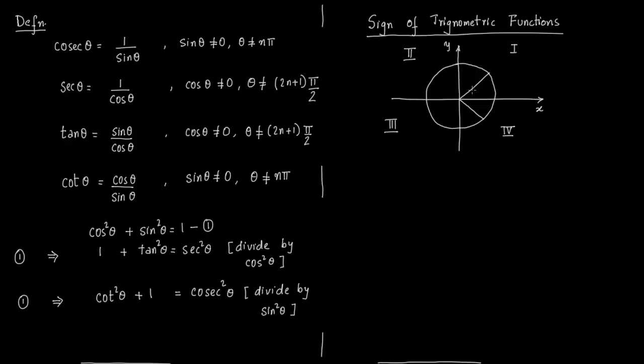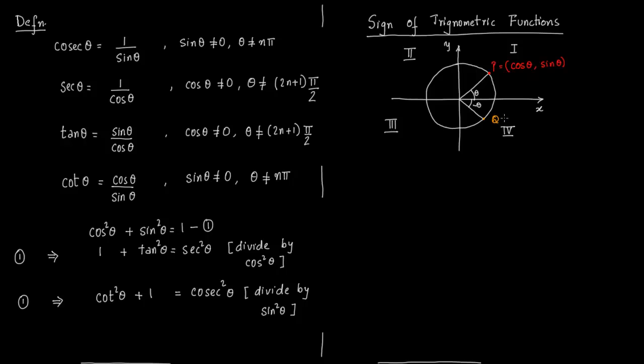So you pick up a point P in the first quadrant. You have angle theta anticlockwise and minus theta clockwise. Now let me label the points. Point P has an x coordinate and a y coordinate, and we have seen before that the x coordinate is cosine theta and the y coordinate is sine theta here, because the y coordinate is on the positive y axis. You can see sine theta is positive here because the y coordinate is positive.